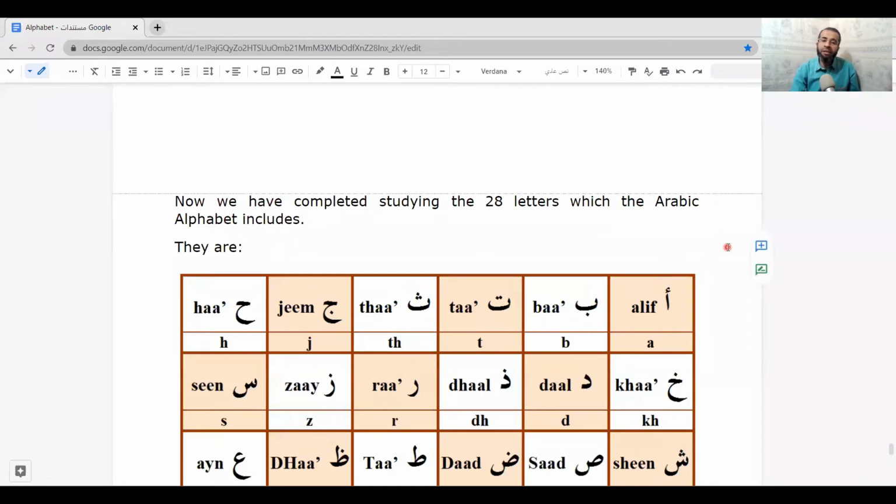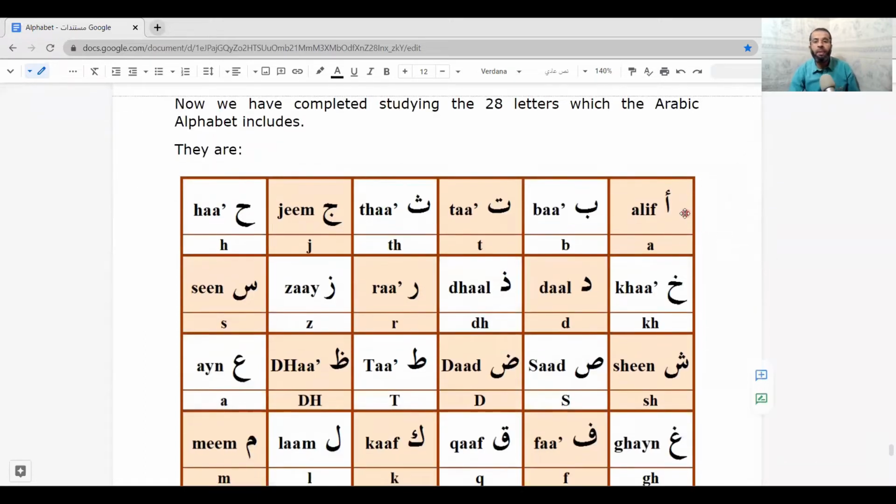Now we have completed studying the 28 letters which the Arabic alphabet includes. They are Alif, Ba, Ta, Tha, Jim, Ha, Kha, Dal, Dhal, Ra, Zay,